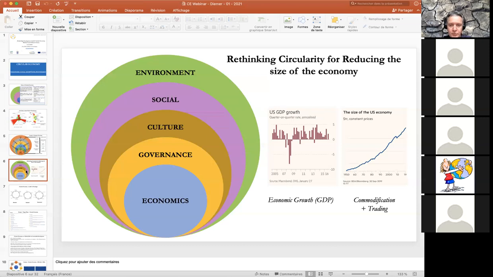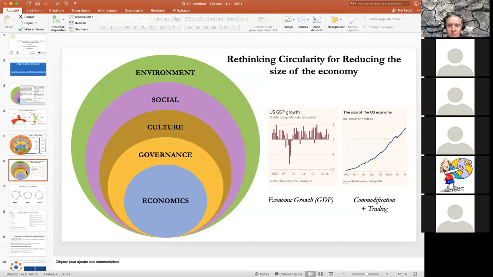I will try to show you why it's important, because for the moment, the way we designed the economic system, or the way we measure the economic system, is only connected to GDP. And I think there are many issues with GDP. We are not really in agreement, or maybe not very happy, with the GDP. But the problem is not the GDP. GDP is just to measure something. So when you measure something, you have to know what you measure.